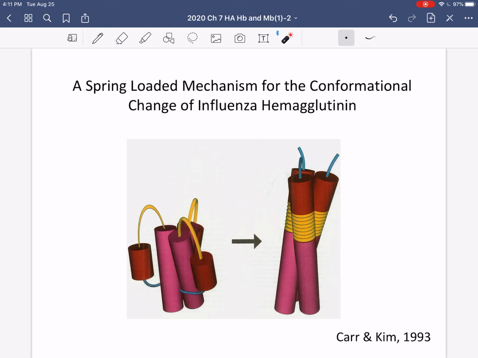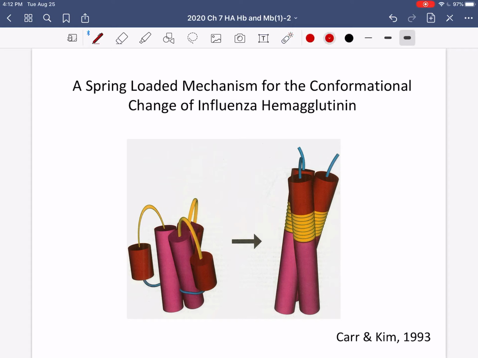Okay. So what is the big deal about the function of HA, the influenza hemagglutinin? The big deal is the transition of regions that are not coiled coil into coiled coil in order to relocate the business end of the molecule to the top of the molecule where it can interact with the cellular membrane and stimulate the viral entry.